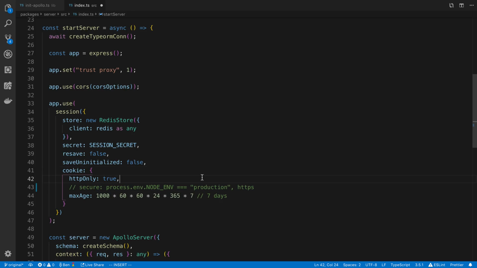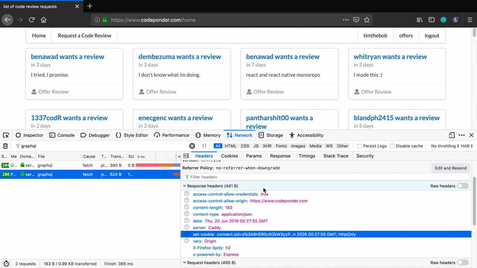If you're debugging stuff, you may want to turn secure to false at first, and then once you get things narrowed down and get it working, set it back to true and see if that's the thing that's causing it. So that's another thing that can trip people up. And then, of course, you want to turn that off when you're in development mode. So I usually have a flag like this that says if we're in production, turn it to true. All right, so those are those 3 things,